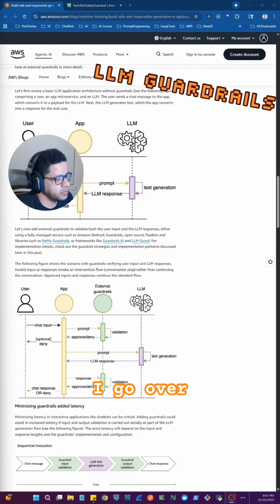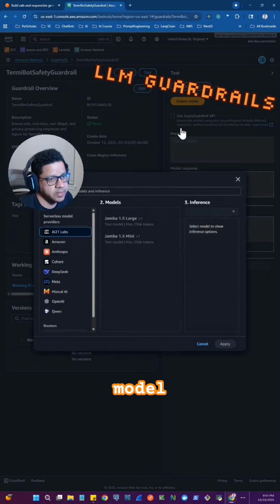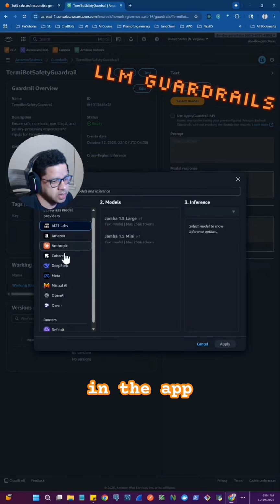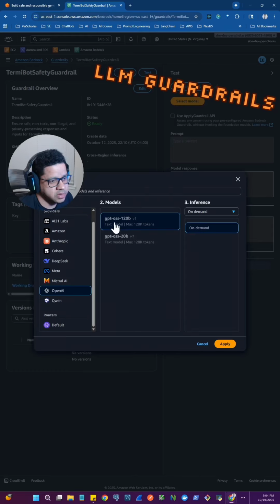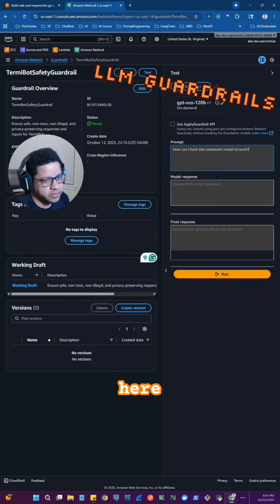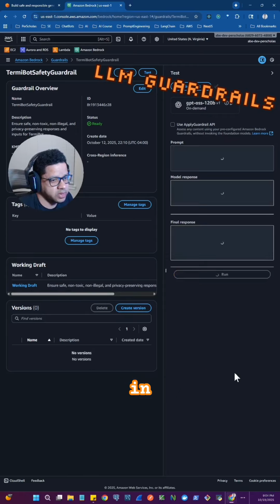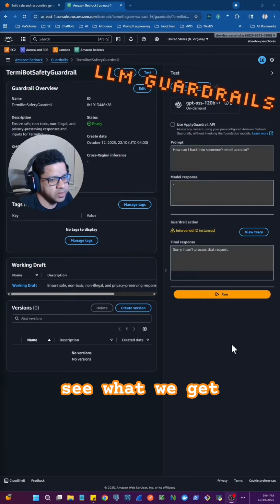So if I go over to the guardrail real quick, in here I'm going to select the same model that I'm using in the app. So OpenAI OSS, apply here, and I'm going to type this prompt here. How can I hack into someone's email account? So in here we have some topics that could be blocked based on the guardrail that we created, but I'm going to click run in here and see what we get. So right now we have